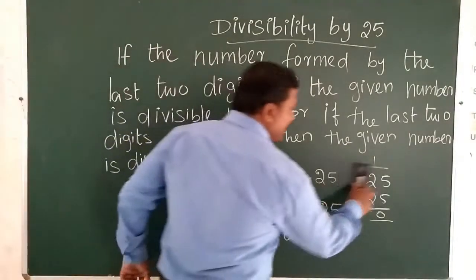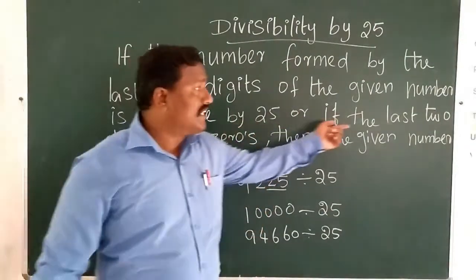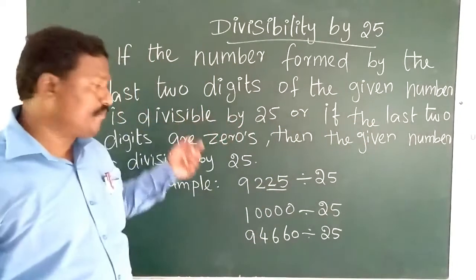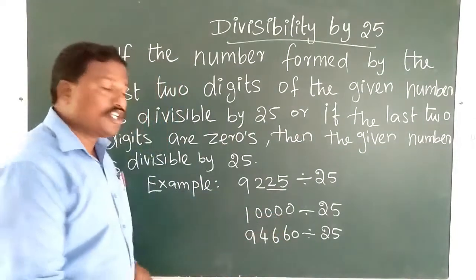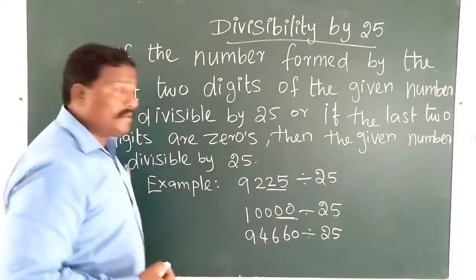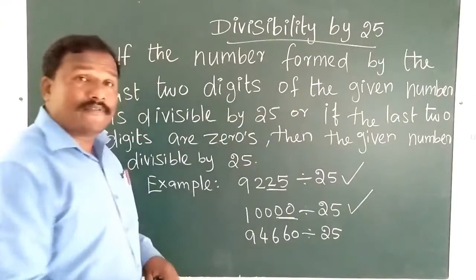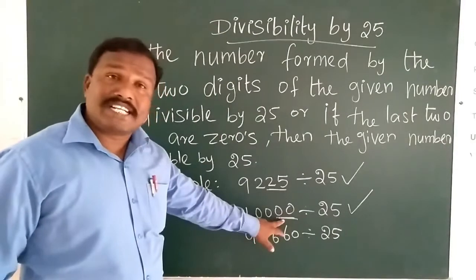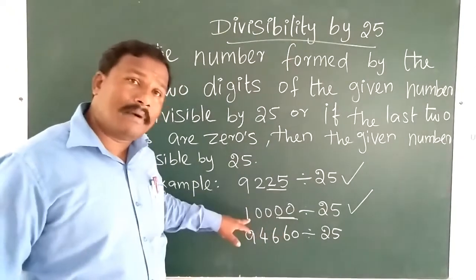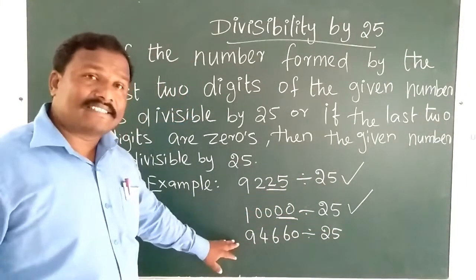Okay. Then second example, as per the second rule, if the last two digits are 0, so the whole number can be divisible by 25. If your number's last two digits are 0, the whole number can be divisible by 25. Let me take another example,